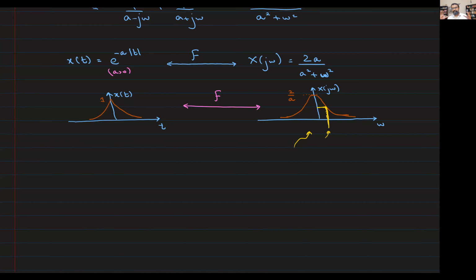So the time domain signal is made up of a composition or a superposition of infinitely many complex exponentials of different frequencies, right? And this gives you an idea of what the contribution of those complex exponentials is as a function of frequency. And we clearly see, as we saw earlier as well, the contribution of the low frequencies is higher as compared to the higher frequencies. Okay, right? And this tells us that this signal has fewer high frequency components and more low frequency components, and this is sort of a low pass signal, if you will.